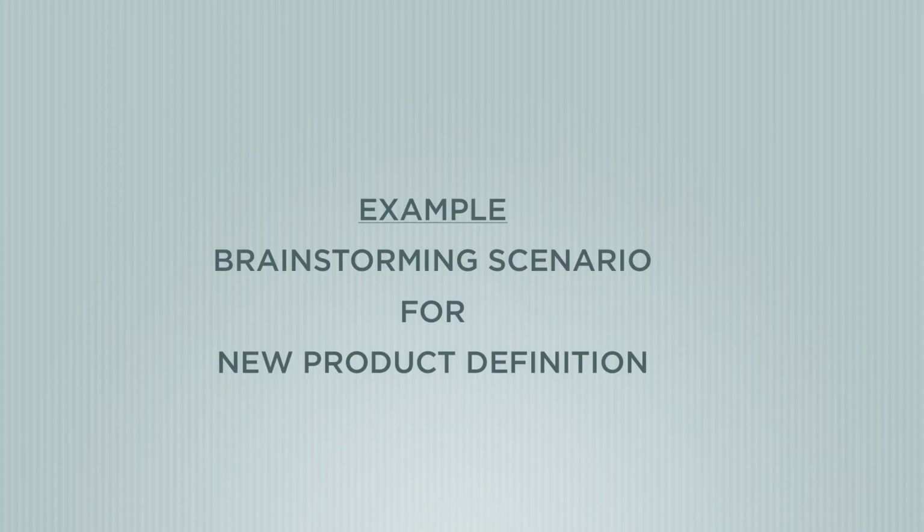Let me do this exercise as well with you. Here is a typical thinking process on an example scenario. Let's just discuss one topic. If we agree that performance leadership is going to be our number one priority for the next 2 to 3 years, then let's talk about how we can carve a product definition around that, and how we face the different stages of advancing this product definition task.